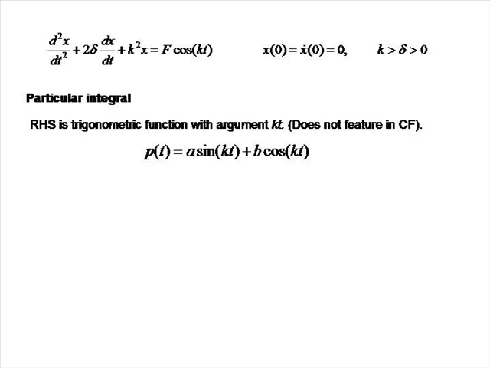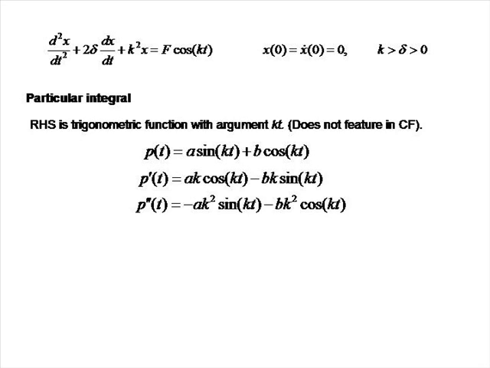So if we differentiate p, we get a times k times cos kt minus bk sine kt, and differentiating p prime again to get p double prime is minus ak squared sine kt minus bk squared cos kt. So let's now substitute p and its derivatives into our differential